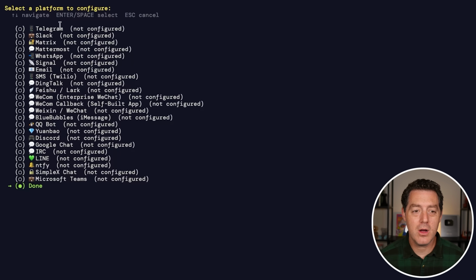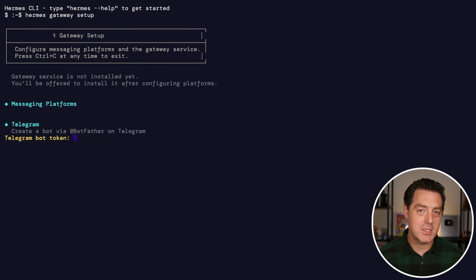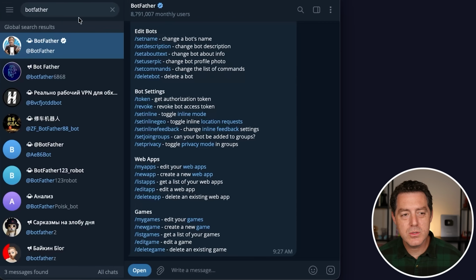You have a ton of different options. Telegram, Slack, Matrix, Mattermost, WhatsApp, Signal, emails, all the way down the list. So many. What we're going to do is we're going to hit the up arrow. We're going to go all the way up to Telegram and we're going to hit enter. Now it's going to ask for a Telegram bot token. And the only way to get that is from within Telegram. So you're going to search for the